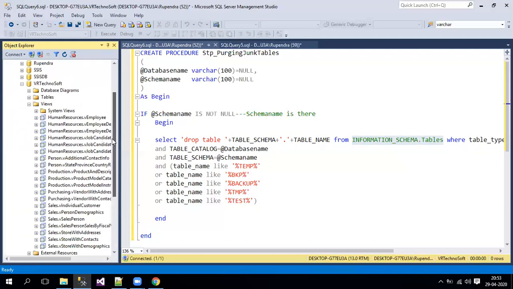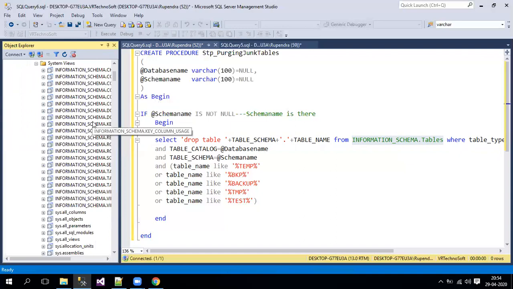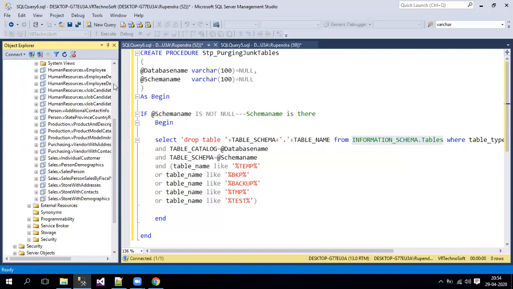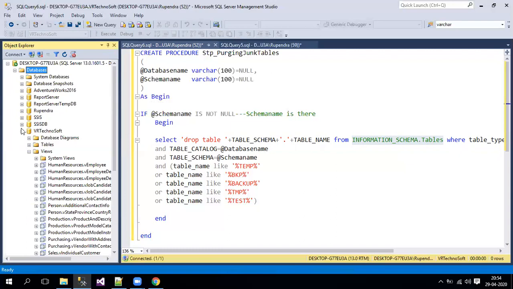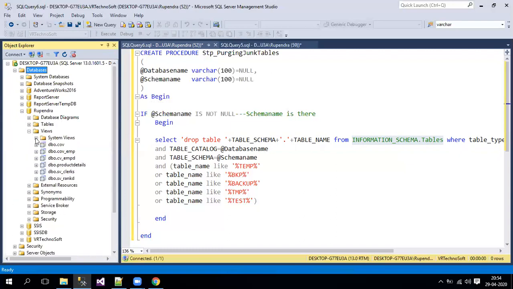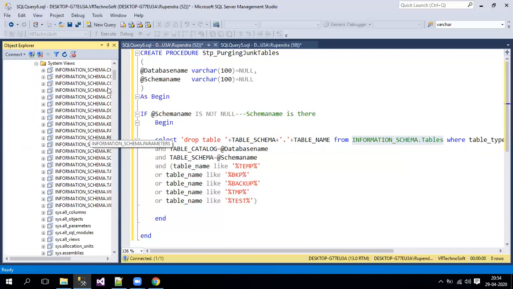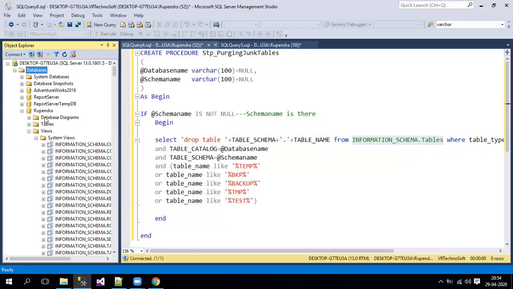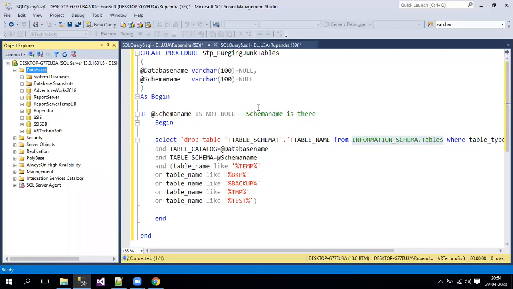If you see, we have system views, with all the system information schema views. And when you go to another database, under views, again we have a similar kind of stuff, but the information views contain information related to that particular database. It's not the same in all the databases.